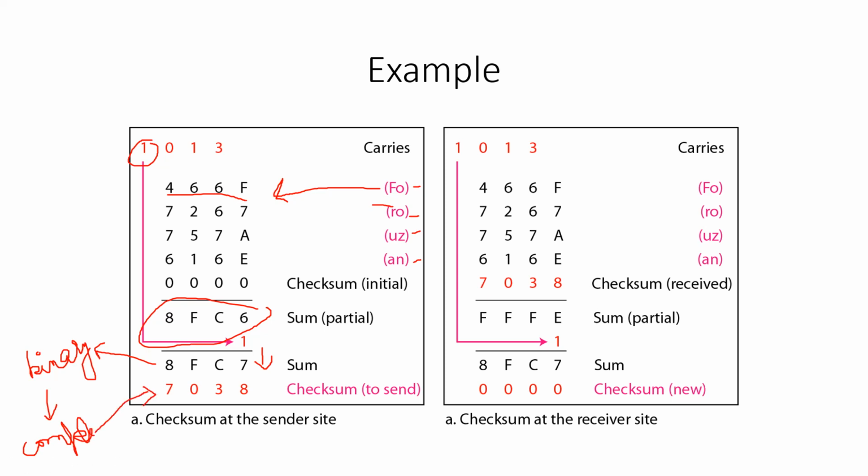Okay, so the receiver will get all the frames, and this is the checksum. Again, the receiver will calculate the value. This is the sum that the receiver has received. Again we will convert this sum to binary value, and then that binary value will be complemented, and this is the result. So this is 0 again, so the checksum is 0 at the receiver side, so we have received the correct data item.